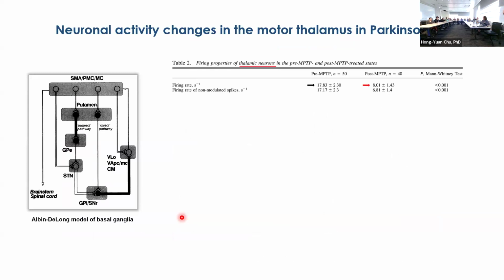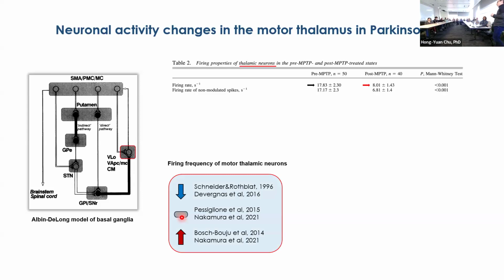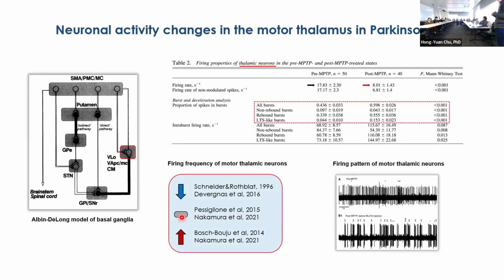This is a paper from Thomas Wichmann, and they recorded from the thalamic neurons of MPTP-treated monkeys. You can see, before and after MPTP treatment, the dramatic reduction in the firing frequency in this monkey. However, as we looked further into the literature, this is not always consistent. There are some discrepancies between studies. Some studies even reported increased thalamic activation after loss of dopamine, which may depend on the behavioral state or medication state of the animal. And of course, a more consistent observation across all these studies is this increased bursting pattern of activity